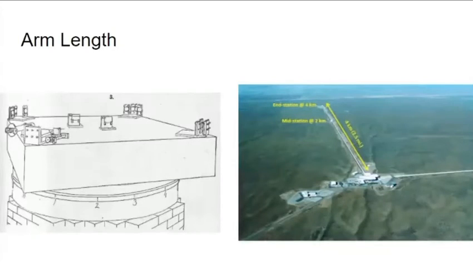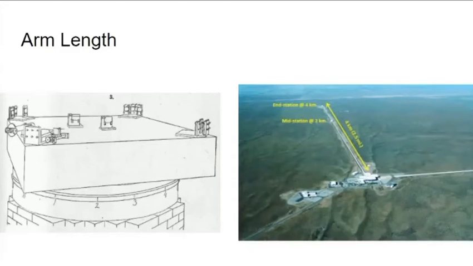Another problem that both Michelson and LIGO faced was arm length. In the initial setup, Michelson had 1.5 meter long arms, and this meant that any change in the arm length or any change caused by the ether could only act on the light for the time it takes to transmit along those 1.5 meter arms. This meant that the changes were very small, and thus increasing the arm length would increase the impact of the ether or the impact of the gravitational waves,